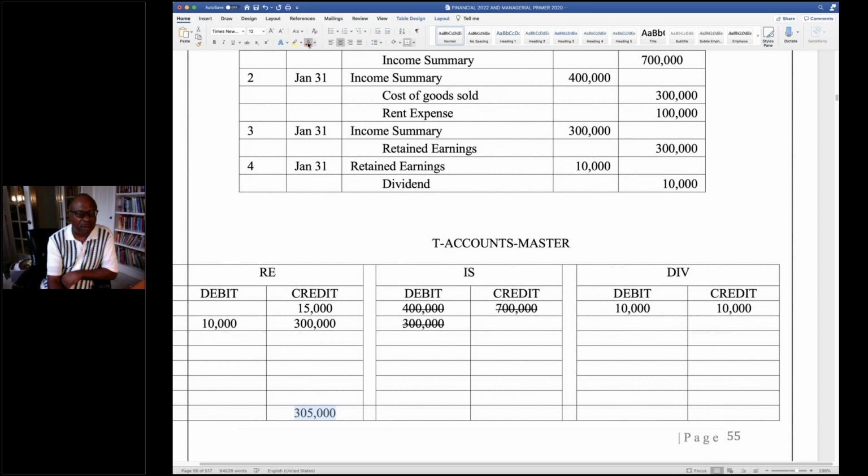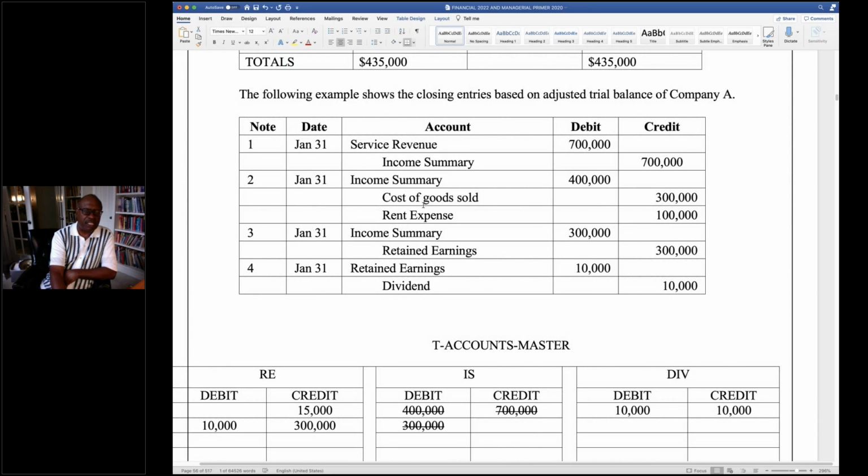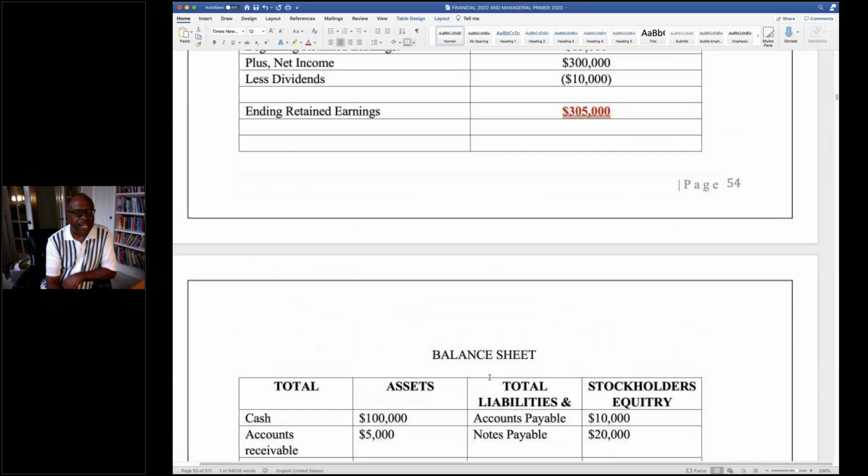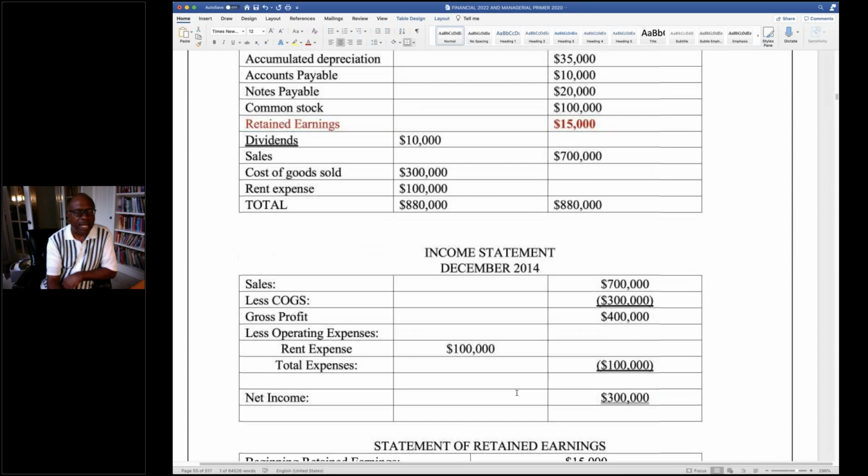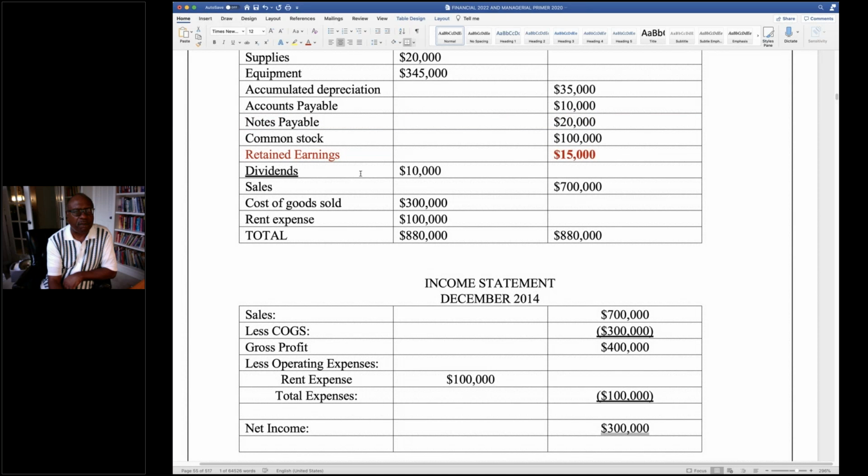So it's only 4 closing entries: revenue, expenses, net income, and dividends. And once we've done that, if we go back to the trial balance, all of these items now have been scratched out. And this number now becomes